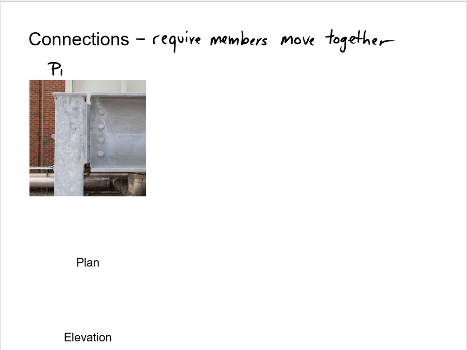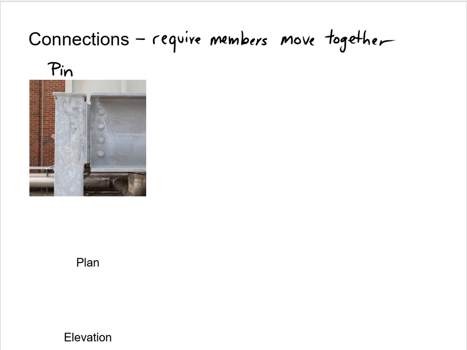A pin connection makes the members translate together in all directions, but allows relative rotation. This beam column connection is an example. The beam cannot move horizontally or vertically without the column also moving, but the beam can rotate relative to the